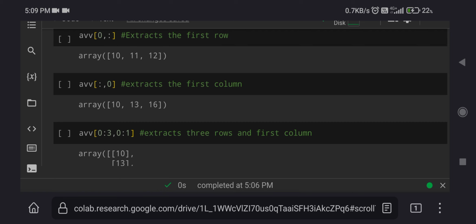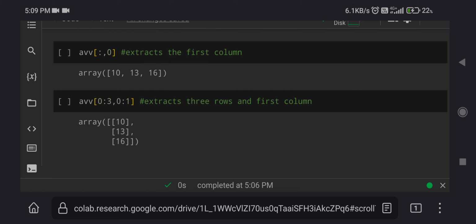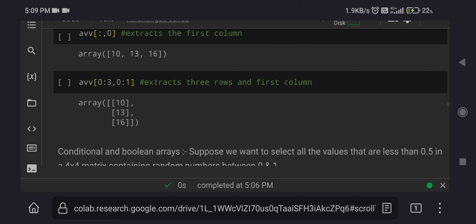If I type 0:3 comma 0:1, it will extract 3 rows and 1 column, because I have typed 0:3 and 0:1. In this way the slicing can be performed.